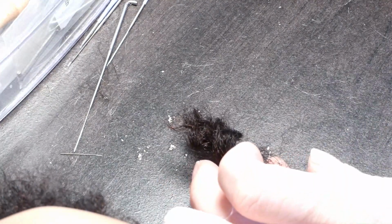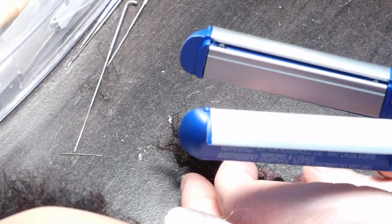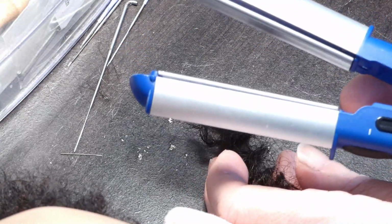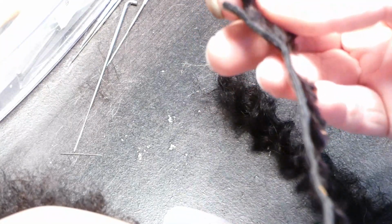So I will just put this aside. You will need a flat iron. I have shown you this in my previous video. This one is just a little flat iron for travel. My hair came in a strip like that. So I just cut some strip,